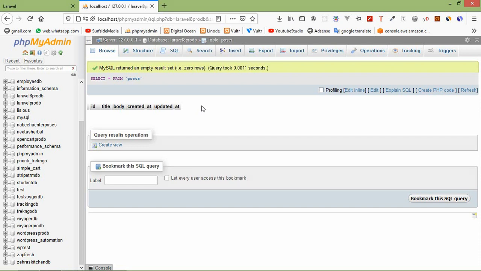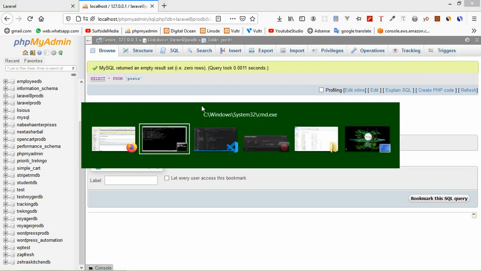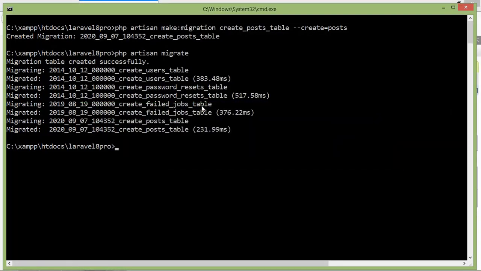Alright, now let's see the rollback migration. To roll back the latest migration operation, we can use the rollback command. Okay, so let's run the rollback command. So switch to the command prompt and here just type the rollback command, which is php artisan migrate:rollback.